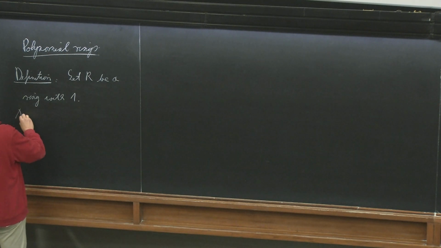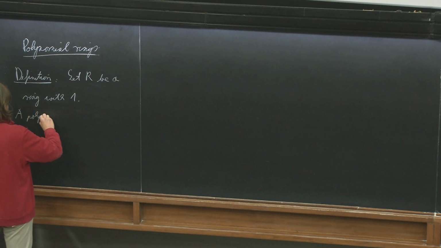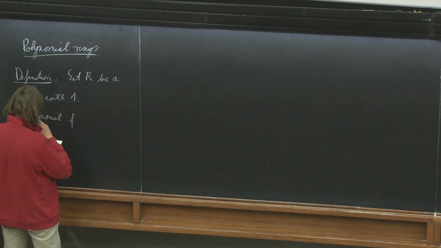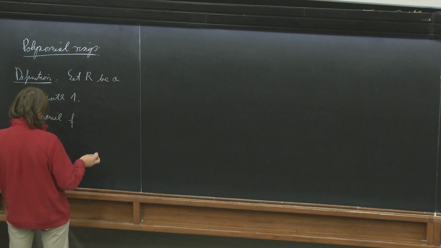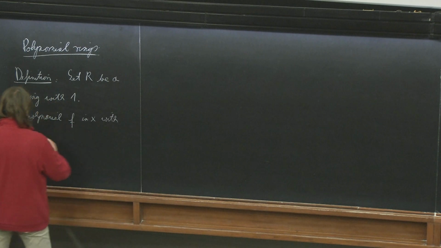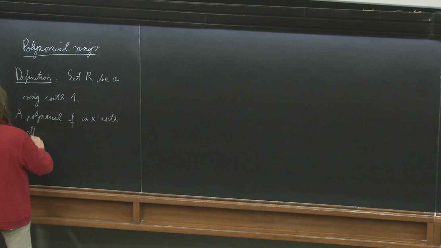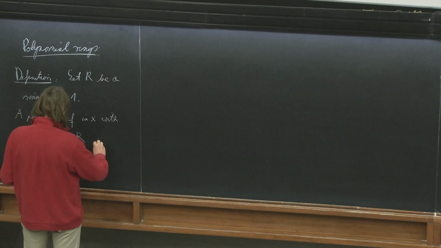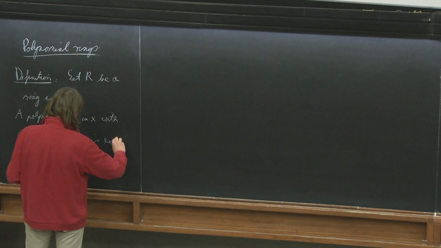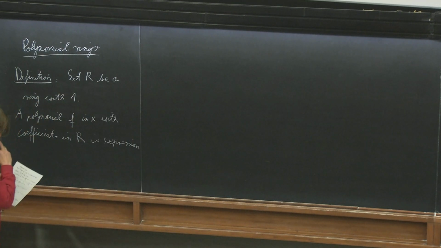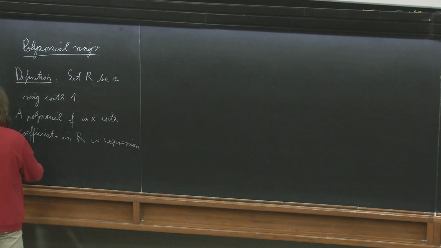So a polynomial f, say in a variable X with coefficients in R, is an expression. I define it as something formal, just something you write down, f equal to